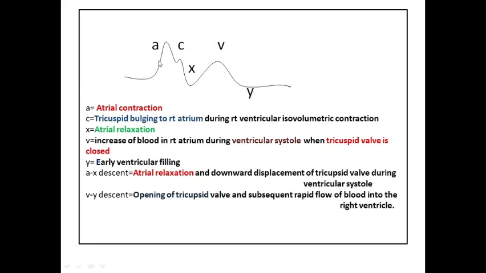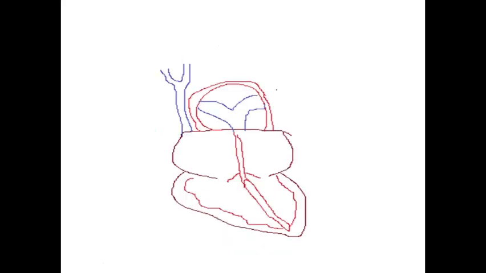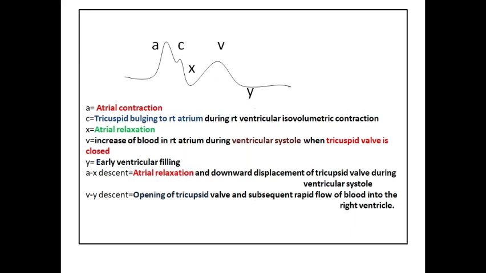So this A wave is due to atrial contraction. When the atrium contracts, it produces a certain pressure in the atrium and in the venous channel, so that it produces a wave. It is called atrial contraction. Keep in mind there are two types of veins, the internal jugular vein and the external jugular vein, and this JVP is concerned with the internal. Why the internal? It is more directly related to the right atrium.